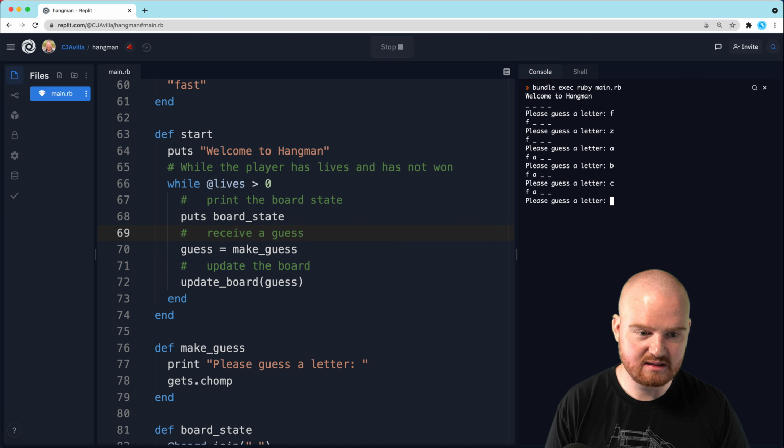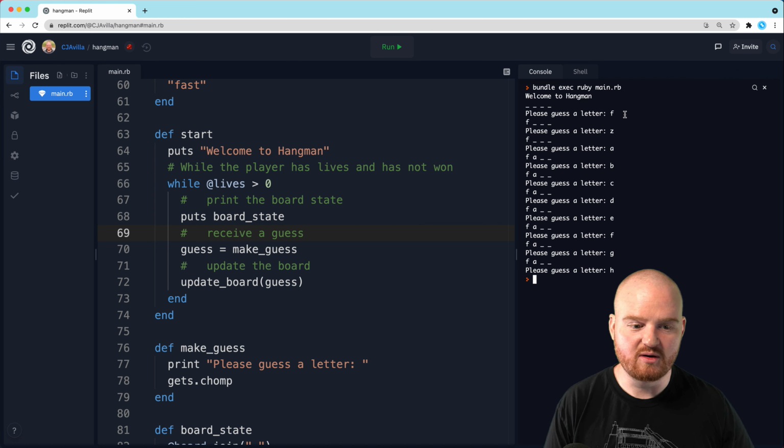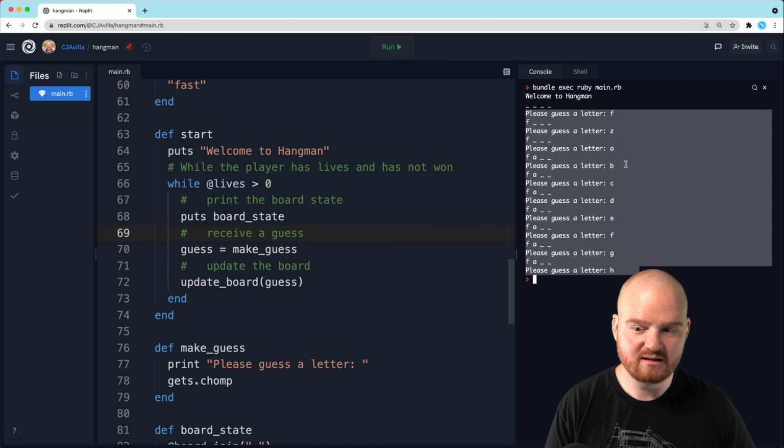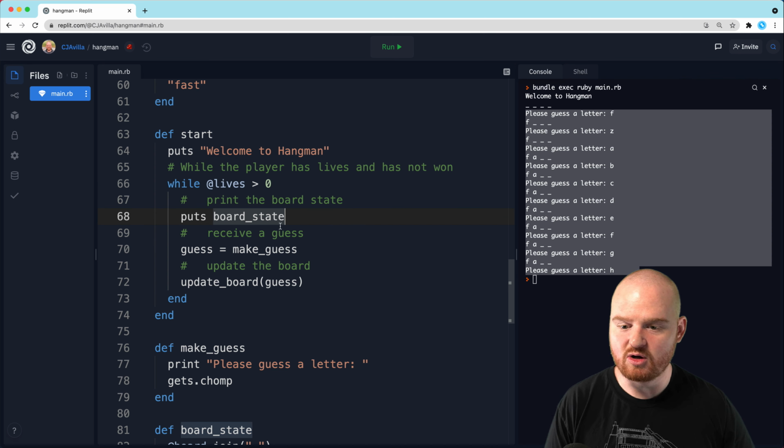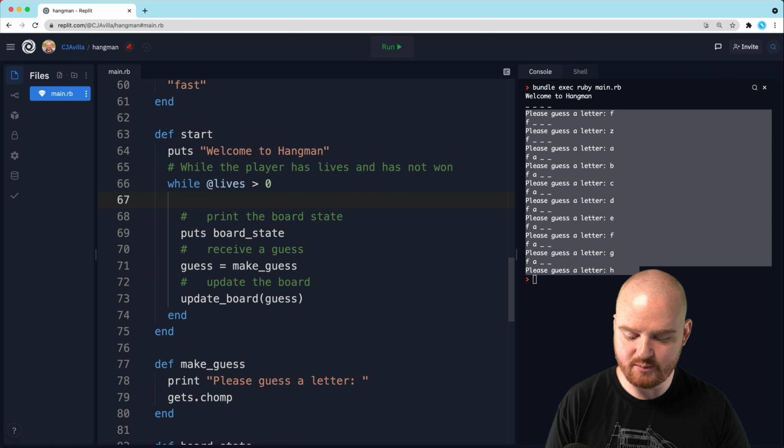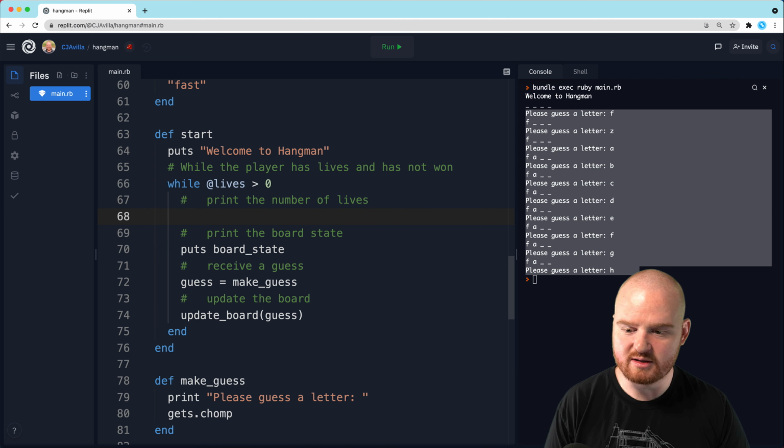A, B, C, D, E, F, G, H. Okay, so we did eventually run out of lives. So one other thing that we want to do is probably print the number of lives. So let's just do puts, like you have